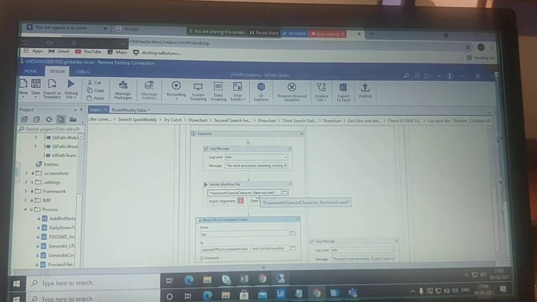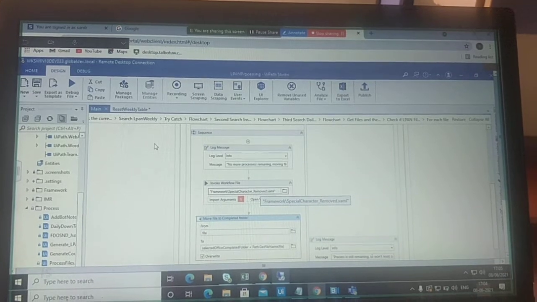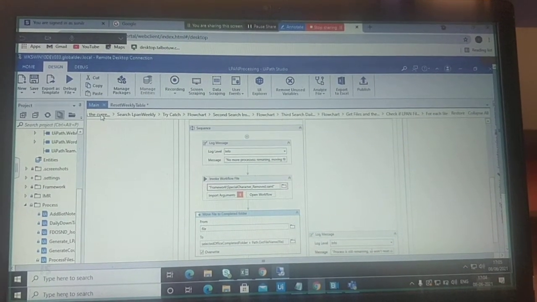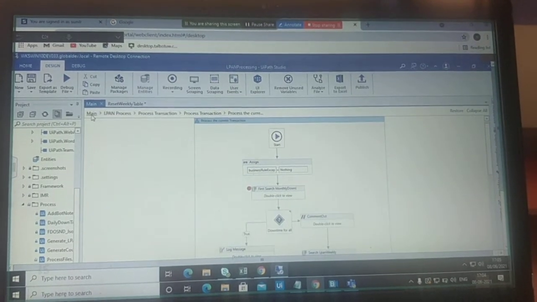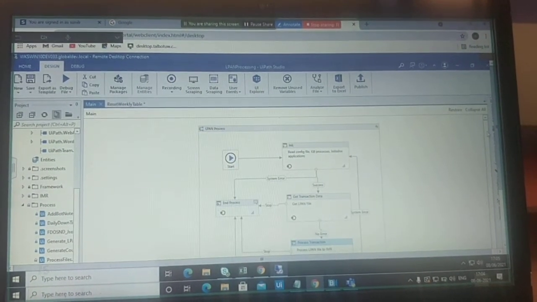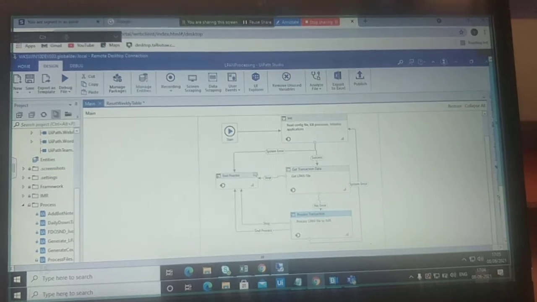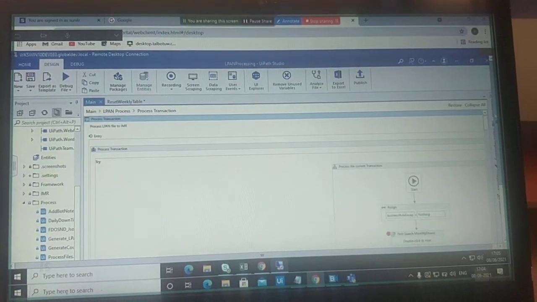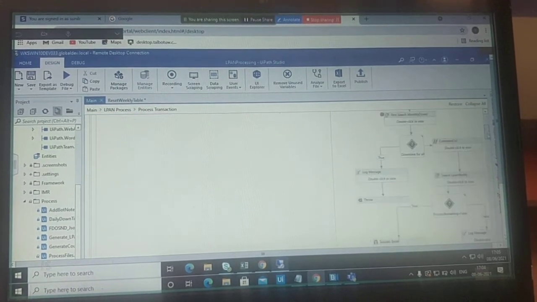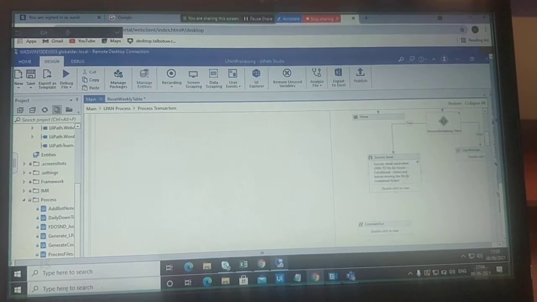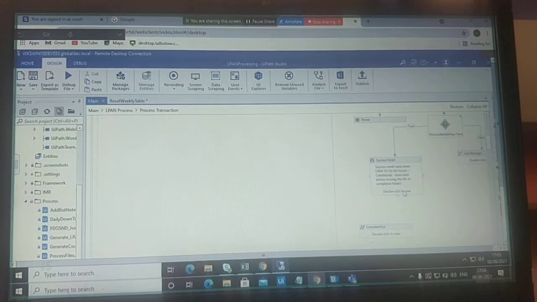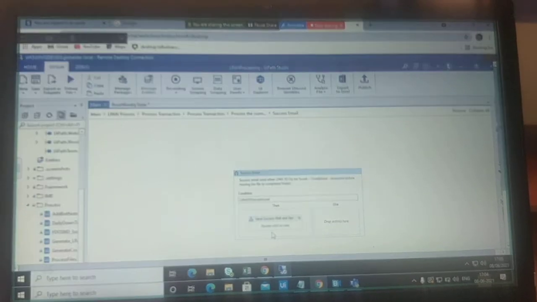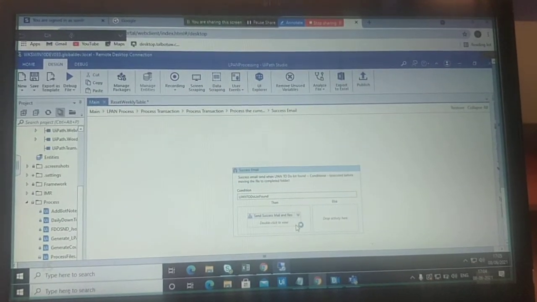And what about success mail? Have you used that Boolean variable for sending the mail? This is what you are asking? Yeah, you have not used the variable. Like if helper used, okay, you have used it. Okay, fine. Yes.